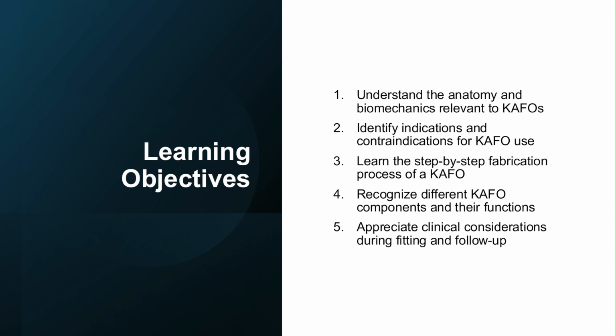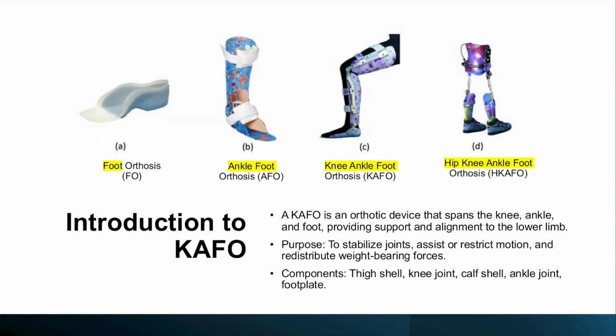Now, introduction to KAFO. A KAFO, knee ankle foot orthosis, is a long leg orthosis that spans the knee, ankle and foot, and is typically prescribed when a patient lacks sufficient muscular control to stabilize the joint during walking, during the gait. It provides alignment, controls motion, and reduces energy expenditure during walking,